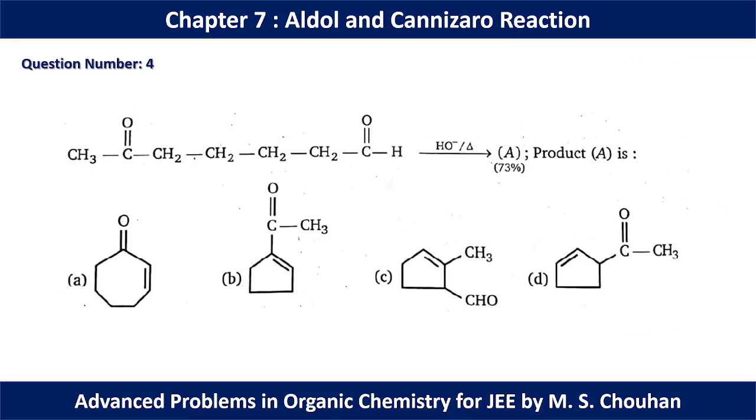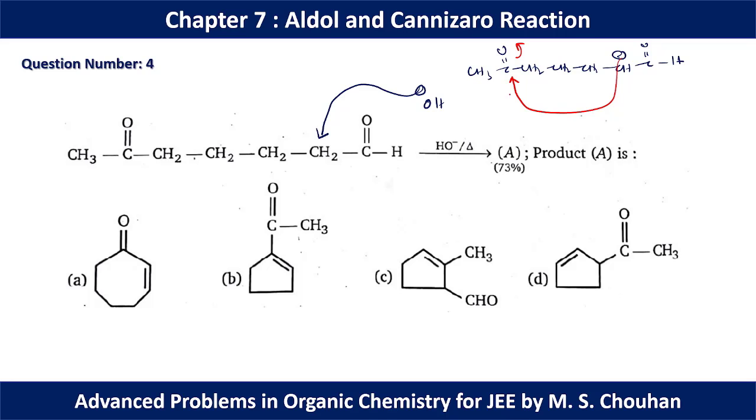In question number 4, again we have to perform an intramolecular aldol reaction. So initially you have to find the most acidic hydrogen. We have 3 alpha positions here, alpha 1, alpha 2, alpha 3, but alpha 3 is the most acidic hydrogen in this case. So initially this OH minus will abstract hydrogen from this position. Okay, so the intermediate is going to be CH3, C double bond O, CH2, CH2, CH2, CH minus, C double bond OH. Now in the next step, this negative charge will approach this carbon, and as heat is given, finally we will get the alpha beta unsaturated product.